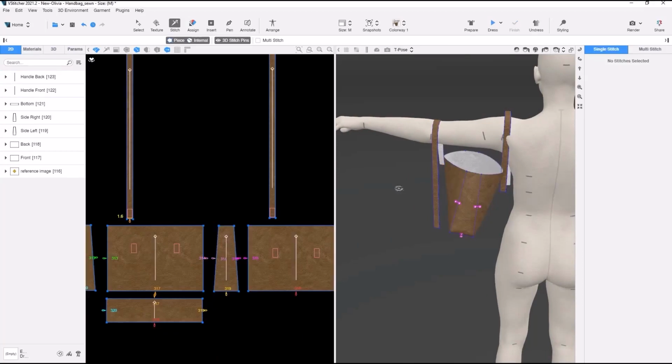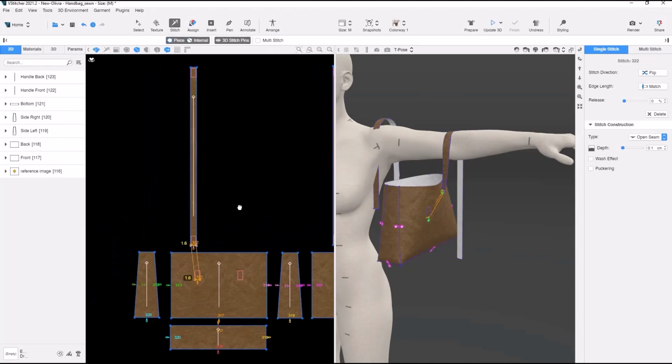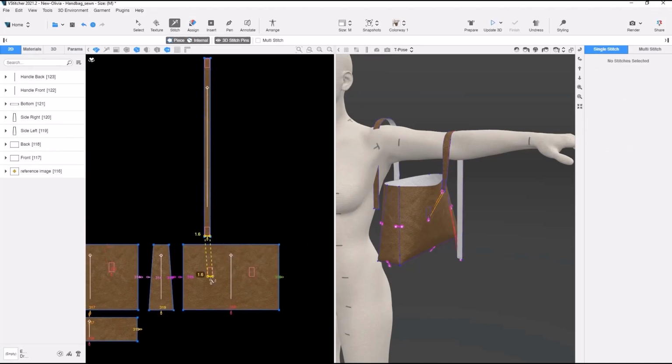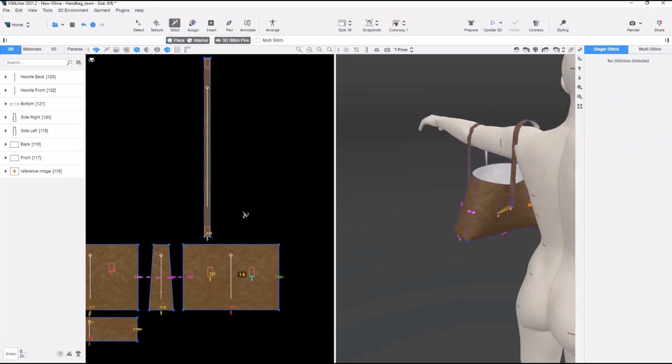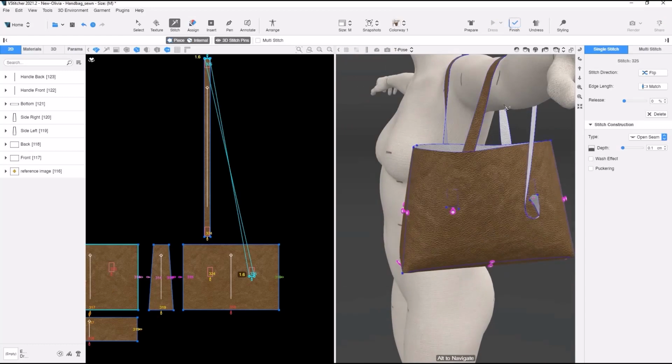Next, we'll stitch the base of the handles together. First, we'll only connect the bottom edge of each rectangle on the bag with the bottom edge on the handle. We want to be sure the stitches don't cross. We'll check the direction of the stitches in the 3D window and update the simulation. Once we know the stitching matches, we'll use a multiple stitch to connect all remaining edges of the base and